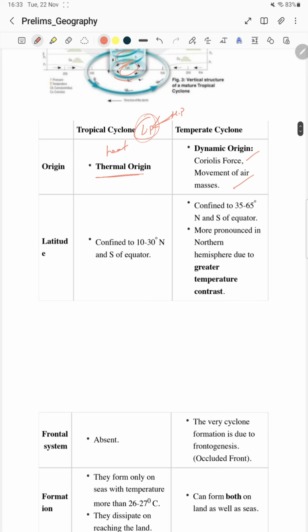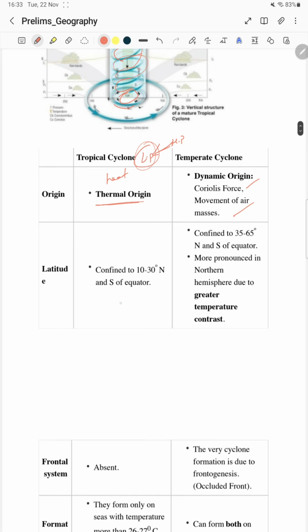Okay, the latitude. If we take 0 degrees at the equator and this belt up to 30 degrees, we can say tropical cyclones occur here. A tropical cyclone won't form at the equator, at 0 degrees. So it is 10 to 30 degrees north and south. Then the temperate cyclone forms above 30, meaning 35 to 65 degrees north